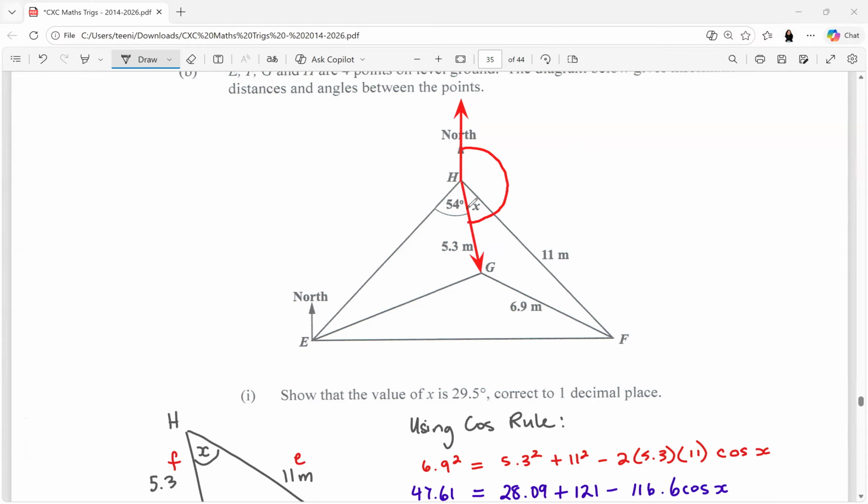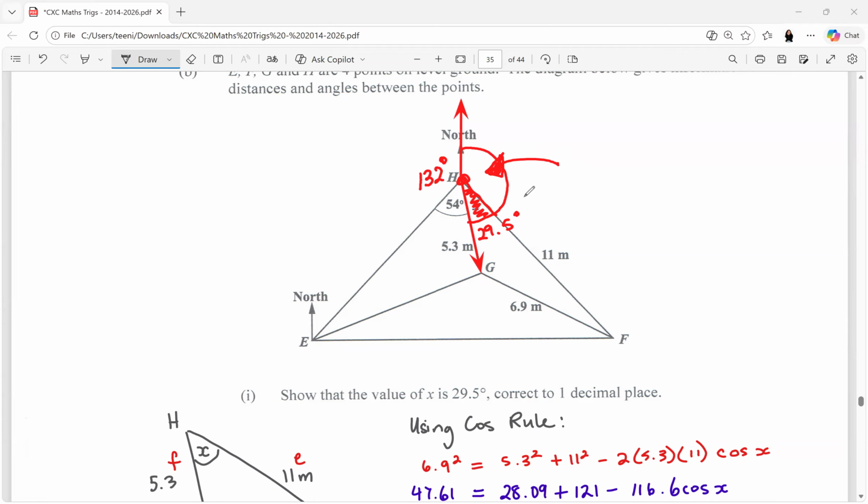We already know that this angle here is 132 degrees, this angle is 29.5 and here is 54. These are all angles around a point, so this remaining angle here would be,